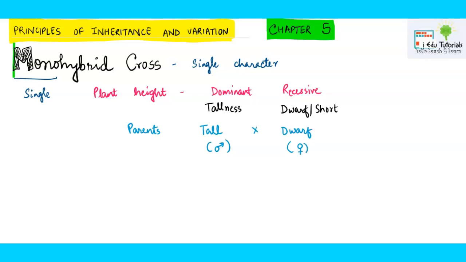Now, what would be the allelic composition of this parent? Alleles also I have discussed in the genetic terminology. Please watch that video number 2. So, for the genotype of tallness, it could be capital T capital T or it could be capital T small t, right? But here we are starting off with the homozygous dominant condition and contrastingly here.